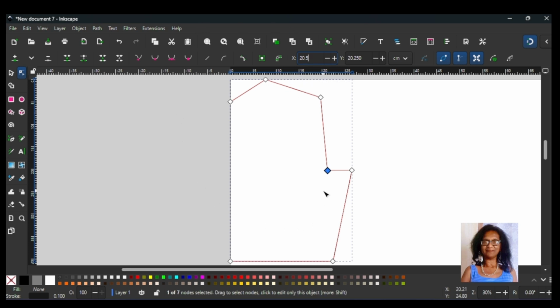Then you press enter, and then you're going to go to this node here, the next one, which is the bust. The bust is going to be 25.5, and it's still going on to the horizontal. That's horizontal. The X is horizontal lines, the Y is vertical lines. 25.5 horizontal, and you're going to go